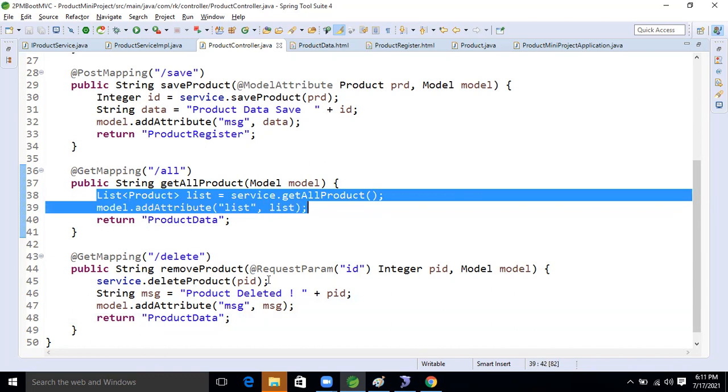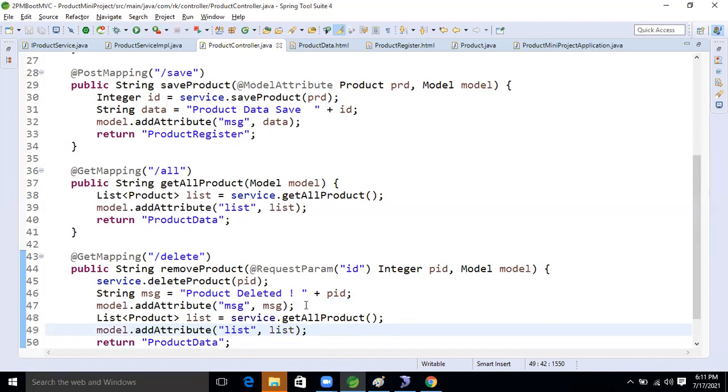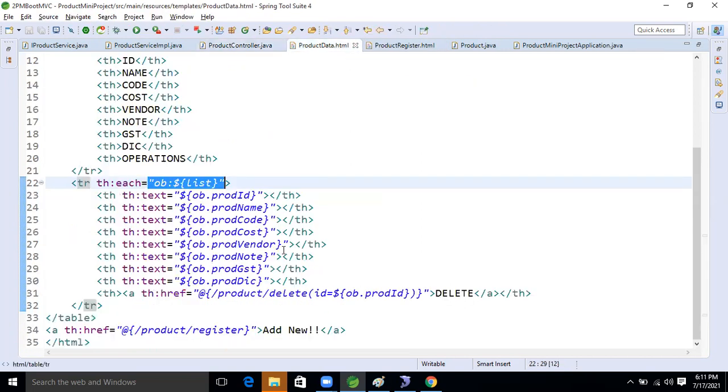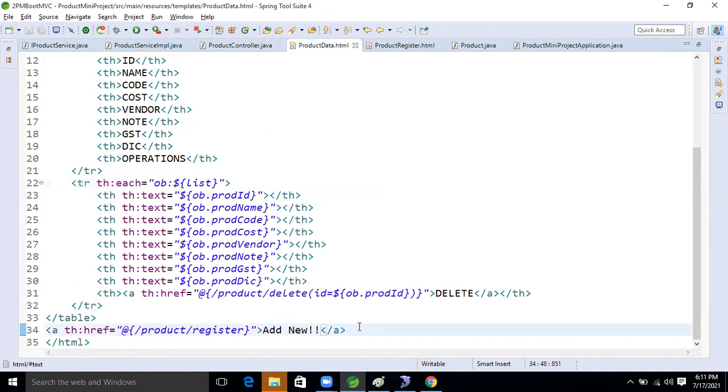So just copy this one and paste it here, nothing more. The product data is there, and here I'm writing the message.